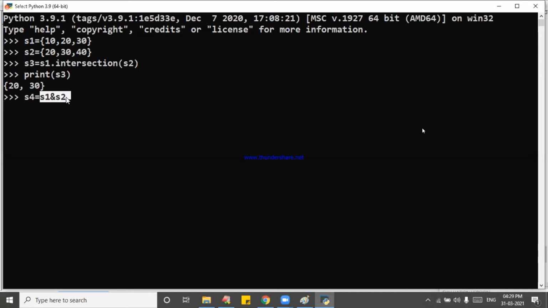Start here. 10 is 1. Looking for the same one in the second set. Do you have 10 there? No. Do you have the next 10 here? No, 0. Do you have the next 10 here? 0. That means this 1 is taken as 1, looking for the same one here. Is it available? Not available. That means 10 selected or not selected?